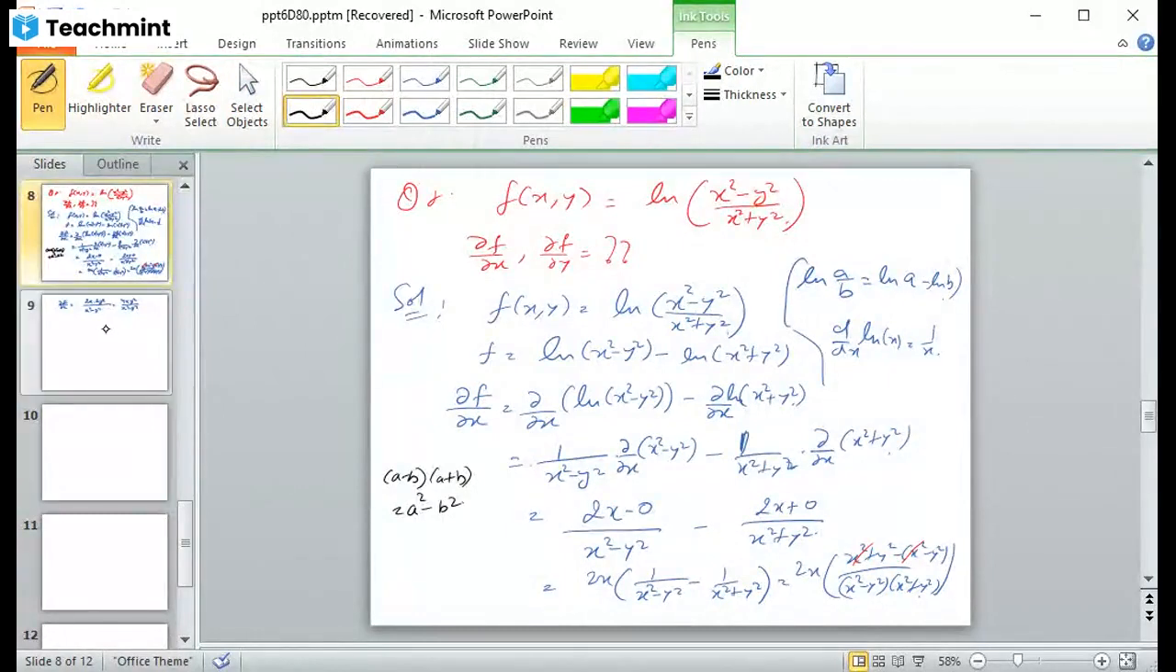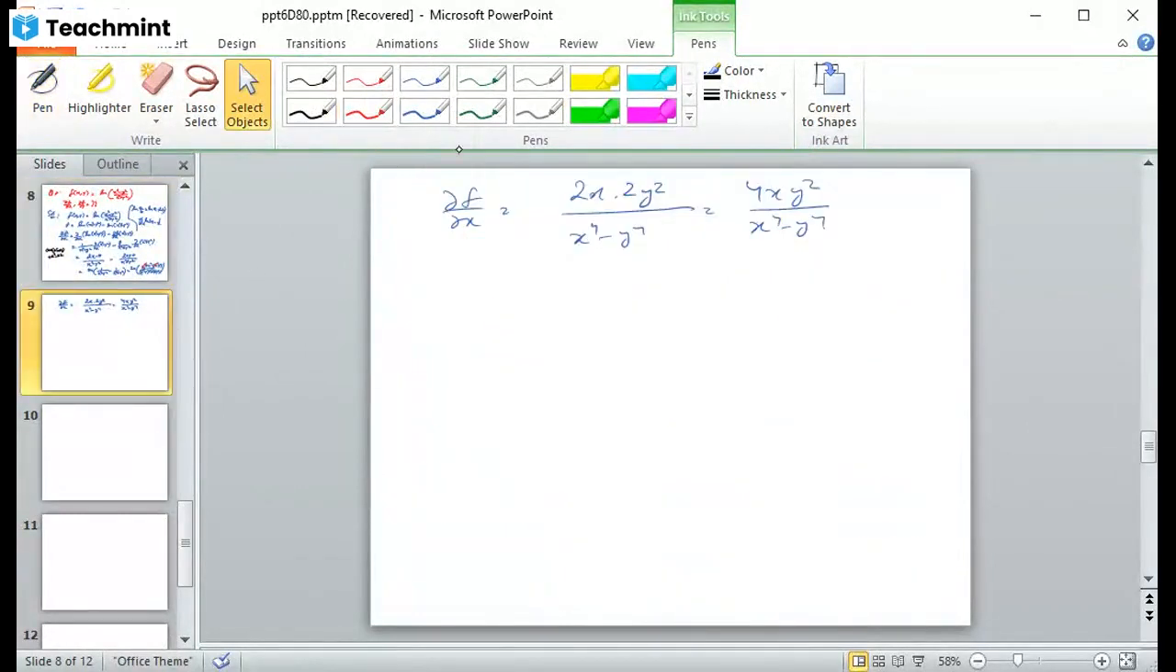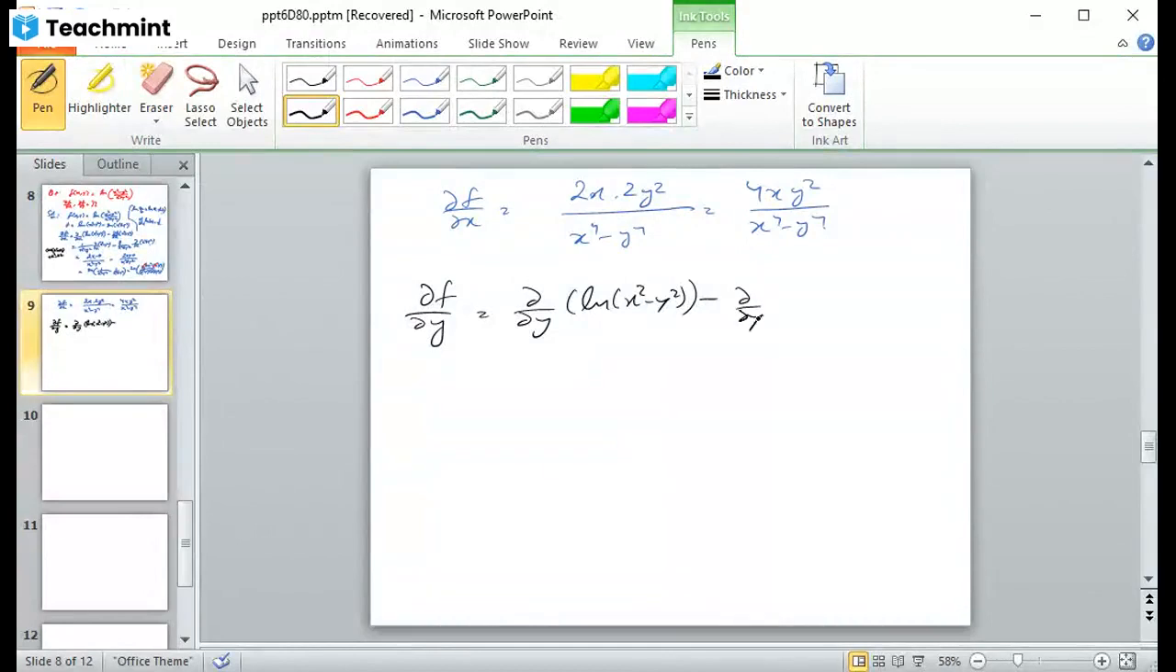Okay, so we can get this ∂f/∂x. Similarly, if I want to find out ∂f/∂y, that means we differentiate with respect to y, again using the property of the derivative of a composition of functions. So our first function is logarithmic and the second one is polynomial. So 1 upon x² minus y², into ∂/∂y of (x² minus y²)